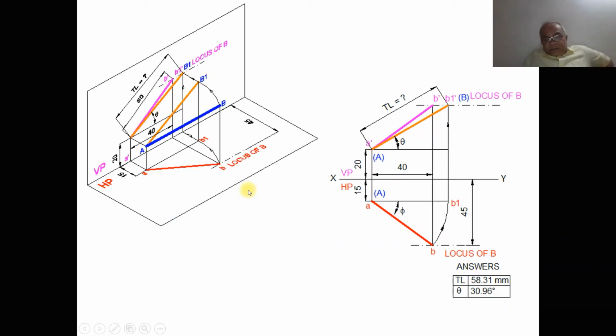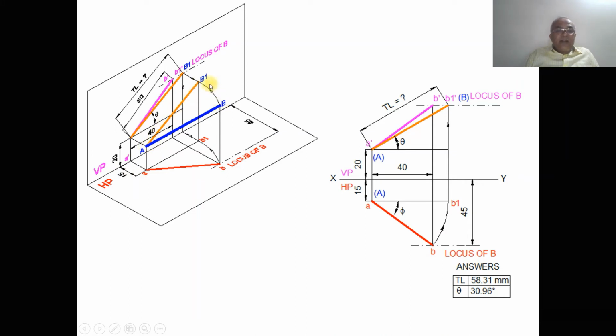Now we go step by step. Let us take, for example, the front view true length. To take the front view true length, first we have to rotate the top view line. When you rotate capital AB, which is in space, you rotate it such that B is parallel to VP, which means both capital A and capital B1 are in front of VP by 15 mm. Now this is parallel to VP.